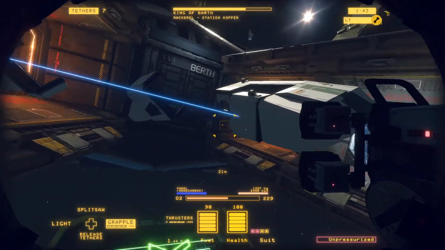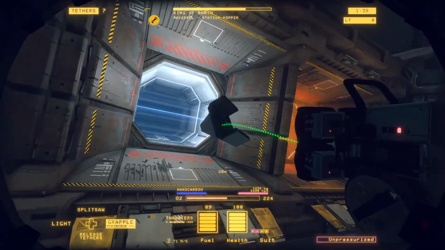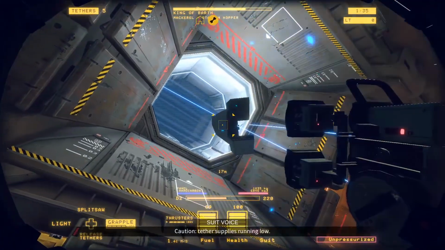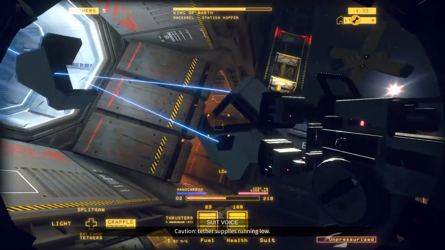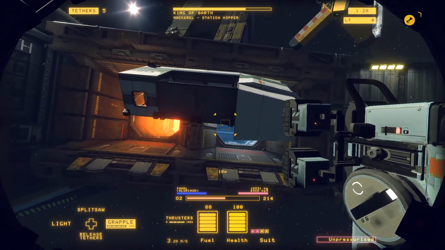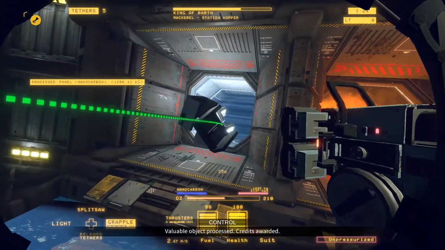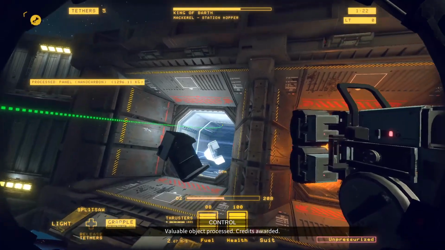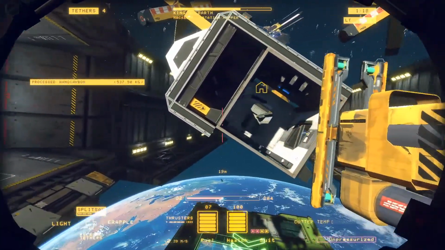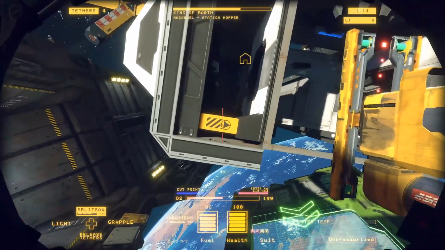Isn't that a little satisfying? Now you can daisy chain these. I don't like to, because the chain goes away as soon as this one gets eaten up. So sometimes they don't go all the way in. And I think this one's free too. Yes, it is. Valuable objects processed. Credits. I'm going to connect that one to the roof. And so now it's going to be these on this side. And this one's going to be a little bit...